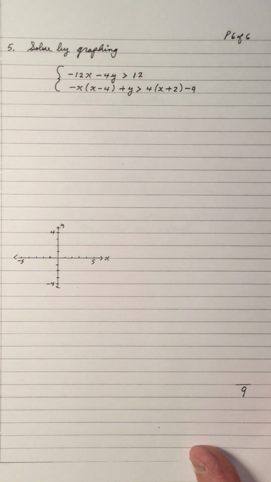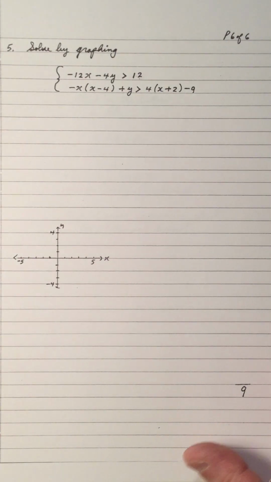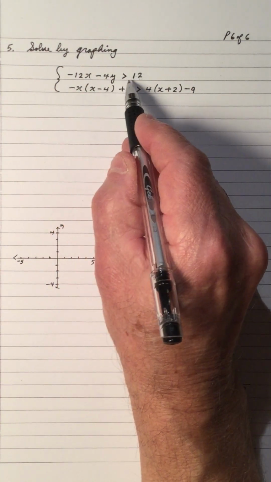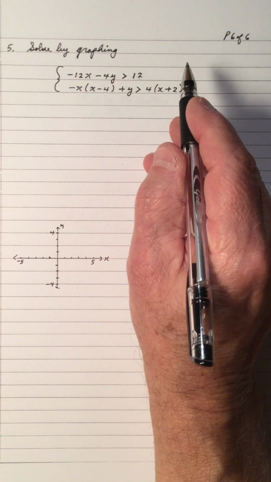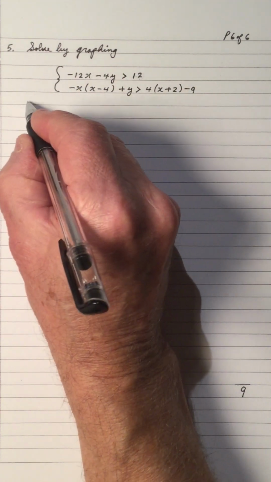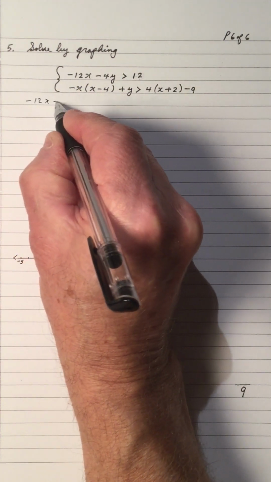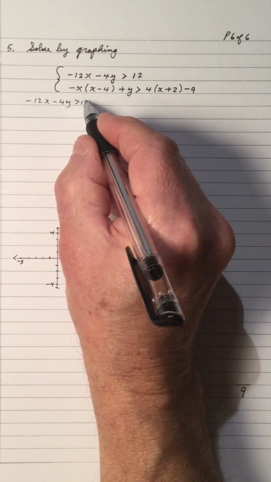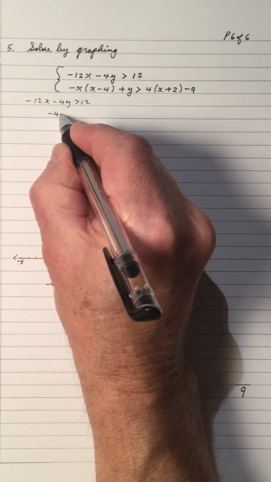And we have one more to do, solve by graphing. Notice we have 2 inequalities, because this is a greater than and this is a greater than. But the first one, 12x minus 4y greater than 12, this is the linear, so I'm going to solve it for y